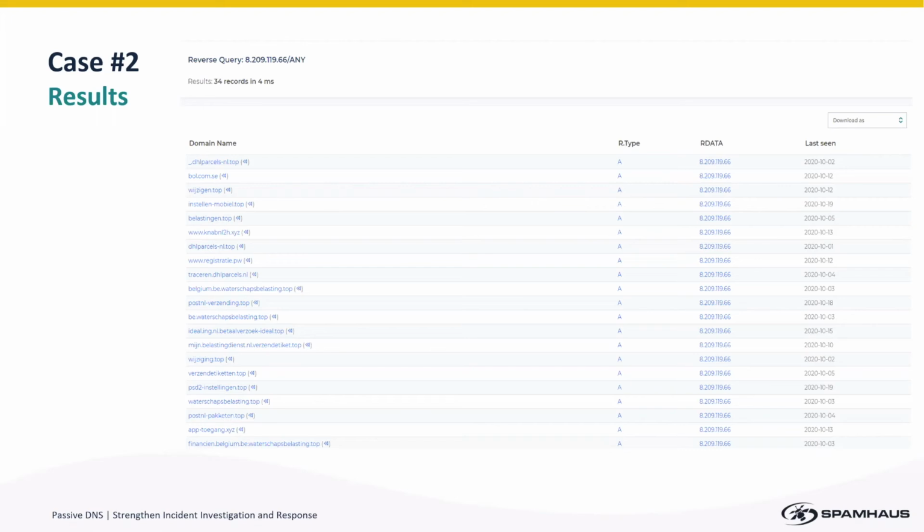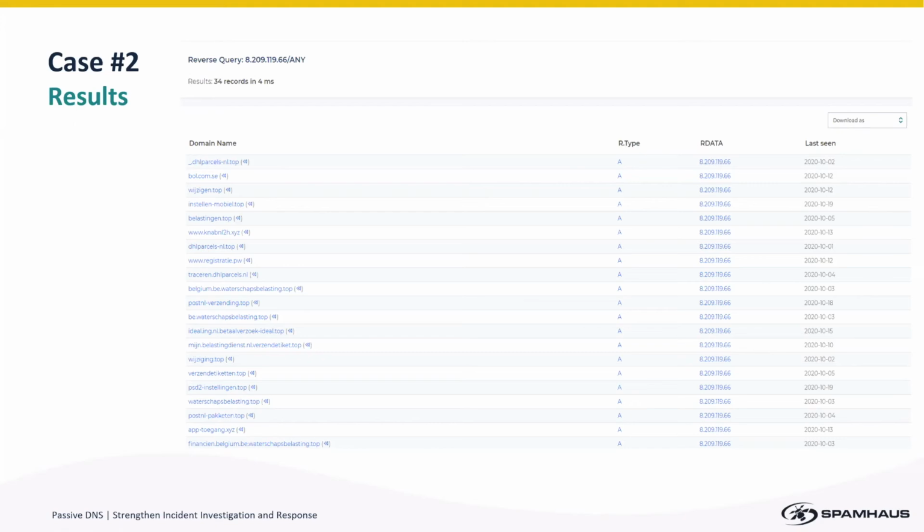There's a DHL parcels -NL, which I can assure you is not the actual DHL. But there's also some stuff pointing to Belgium, and again PostNL shows up. So basically everything we see on this IP is starting to look pretty shady. But remember that we still also have the other IP that we had, the